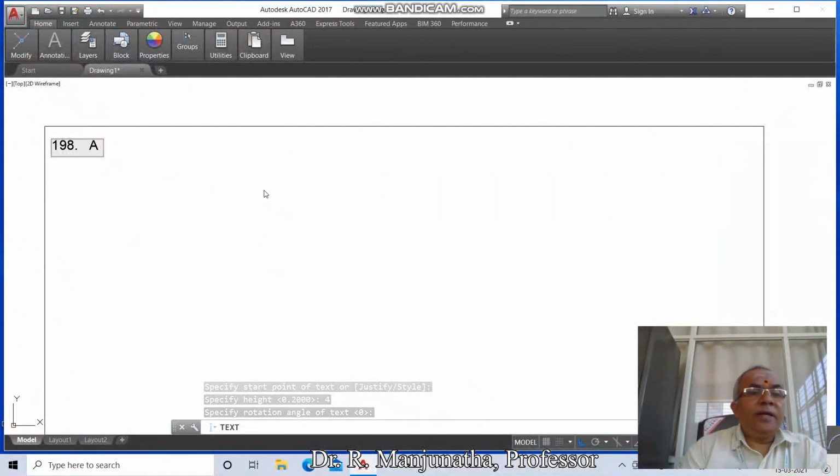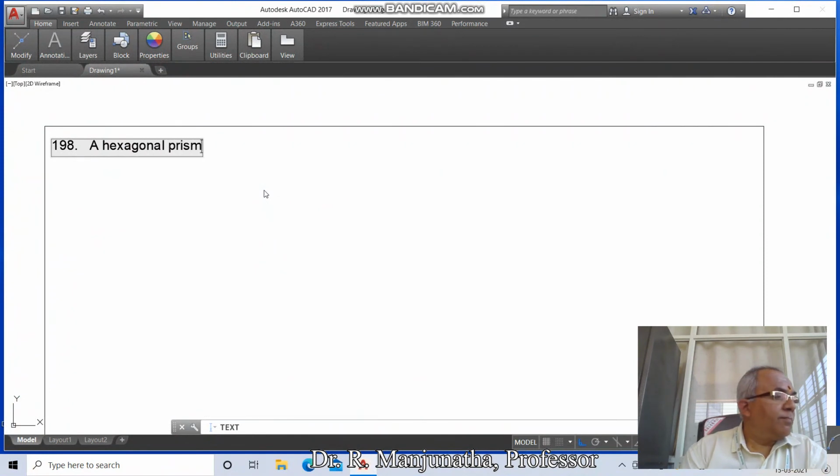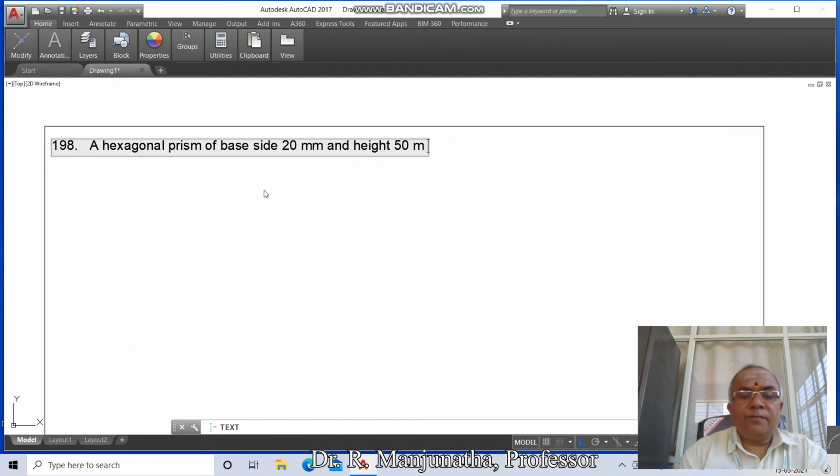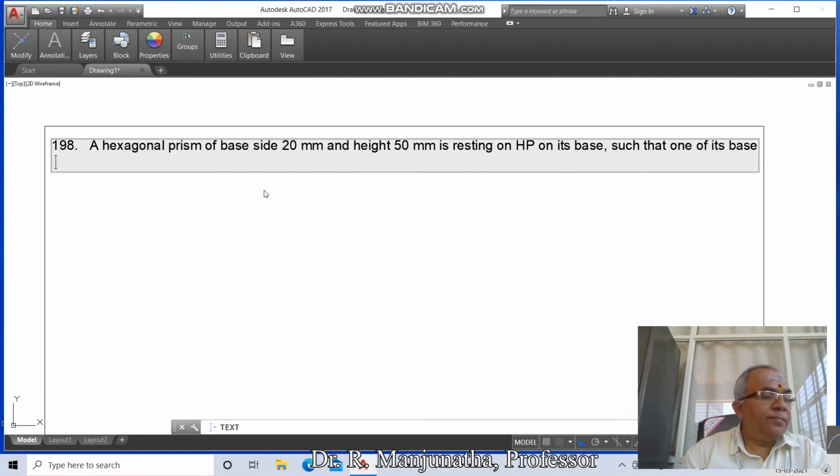Here, a hexagonal prism of base side 20 mm and height 50 mm is resting on HP on its base such that one of its base edges is parallel to VP.